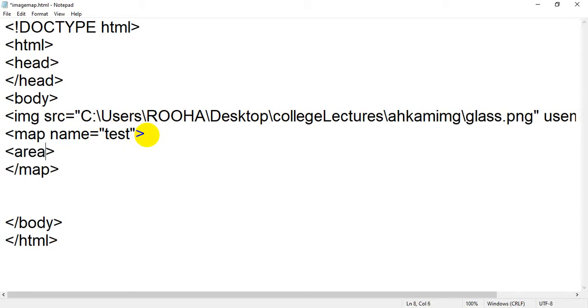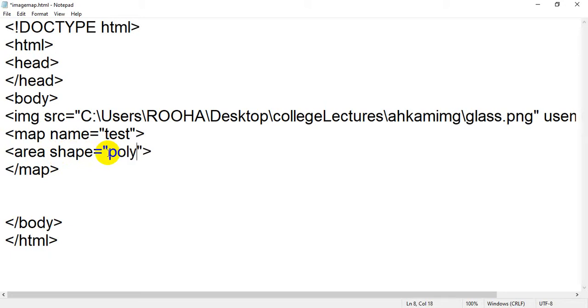You have to write area, then you have to write shape. As we know, we have three shapes which are allowed in image mapping: one is circle, one is rectangle, one is polygon. But when you write the value for the shape attribute, we have three values: rectangle we call rect, circle we call circle, and polygon we call poly only.